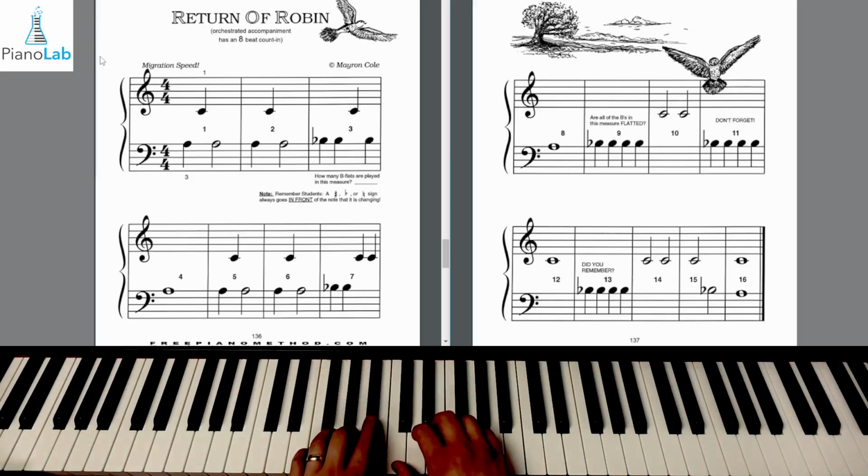1, 2, here we go. Play A, C, A for 2, A, C, A for 2, measure 3. B flat, B flat, C, B flat, A, 2, measure 5, play A, C, A for 2, A, C, A for 2, B flat, B flat, C, C,